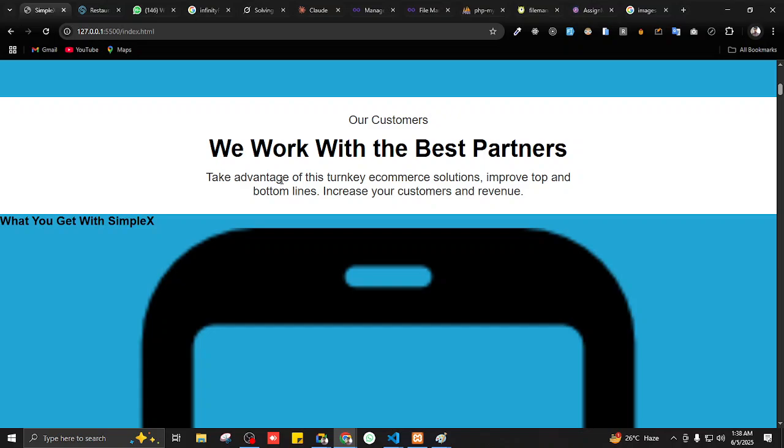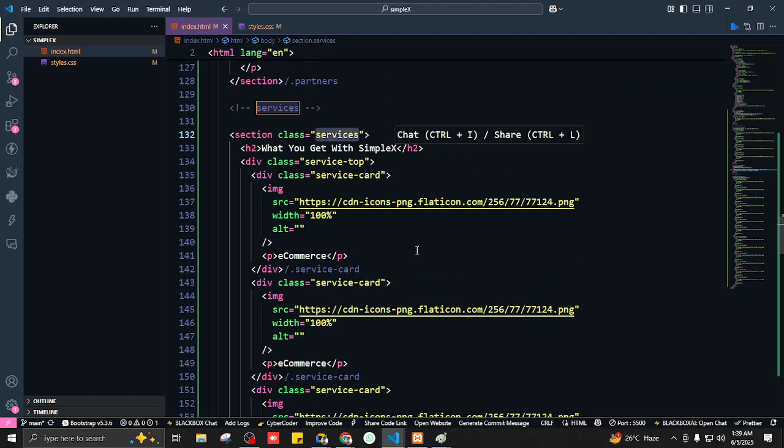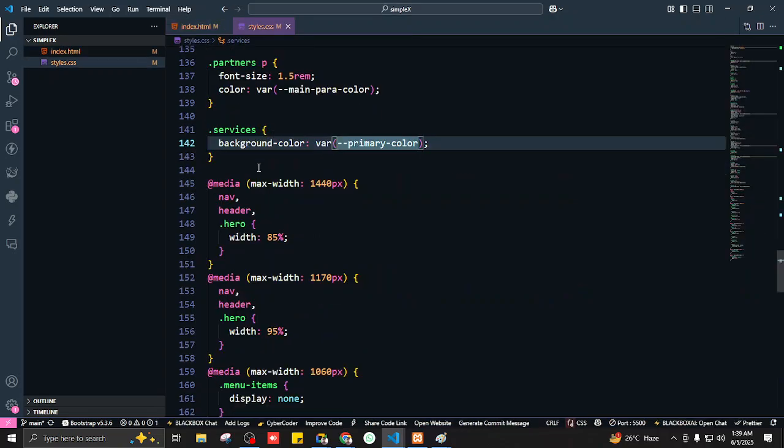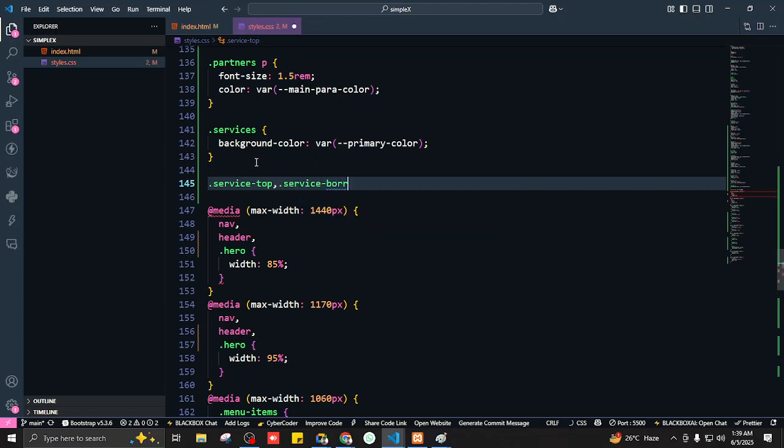Now I want everything to be side by side. Flex on what? On the service cards. I mean services. No, who's the main parent for the cards? Service card. No, service card is a single card. Then we're left with only one div, and that is service top. Yeah. So we have service top and we have service bottom, and I want both of them to